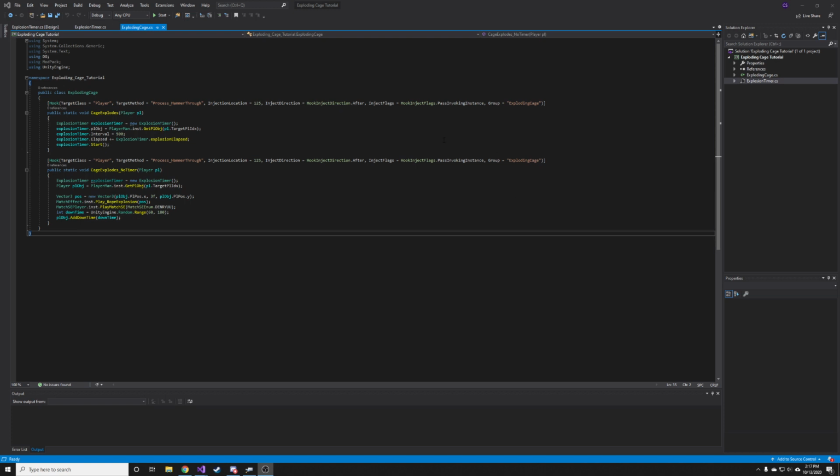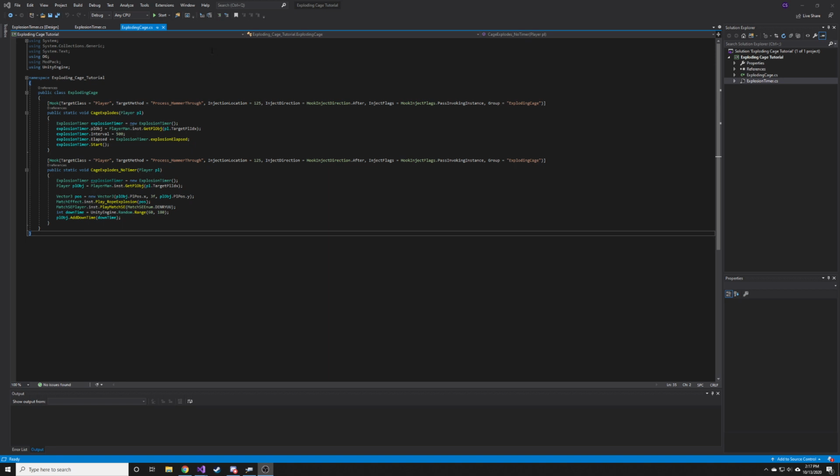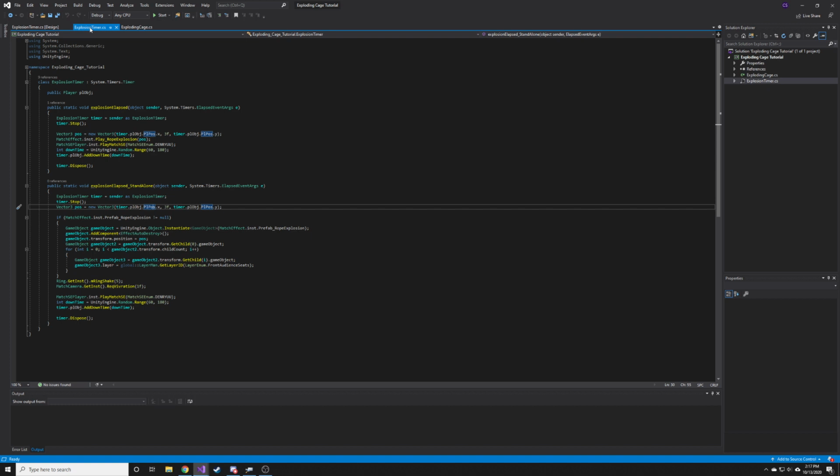FirePro modding. This one's going to be about the exploding cage. We are going to get into things like where we patch, so we're going to explore patch locations or injection locations in a little more detail. We are going to use a timer to make something occur slightly after